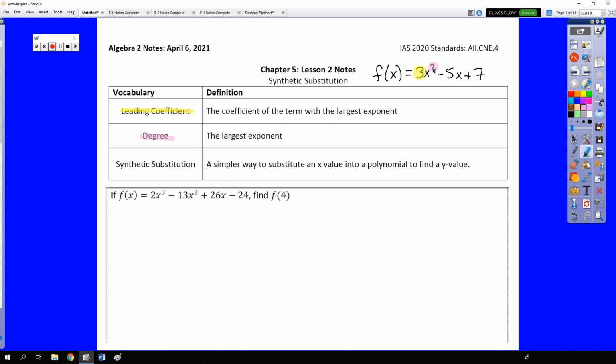And then we're going to talk today about a simpler version of substitution called synthetic substitution or synthetic division, depending on what application you're doing with it. So let's get down to business. If we have f of x equals 2x cubed minus 13x squared plus 26x minus 24, as we do here in this example, and we want to know what that function's value is when x equals 4,